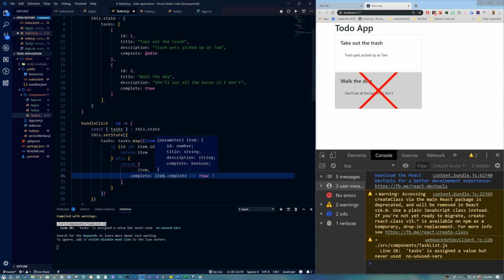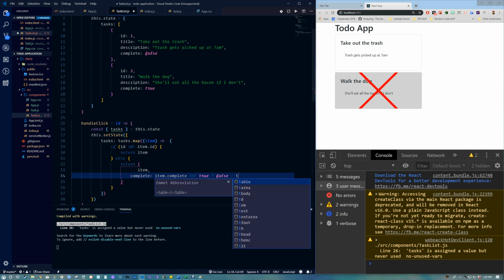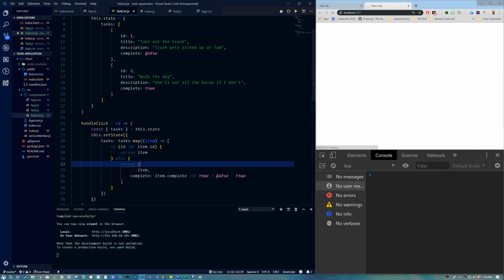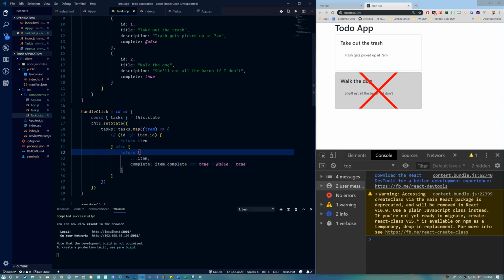And what we're saying is item.complete. So whatever it is, if the value of it is true, then I want to return false. Else, then I want to return true. Okay, so